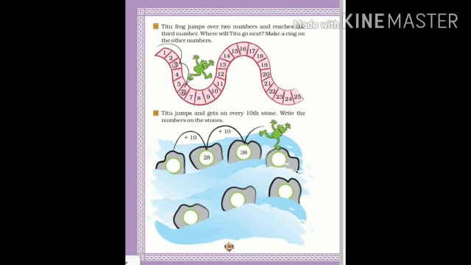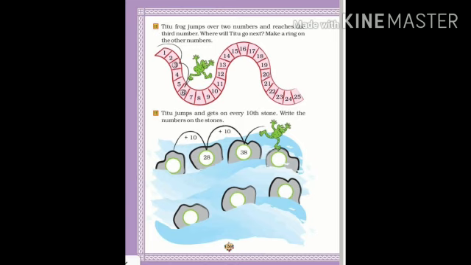So you have to ring 9, means put a circle around 9. Next, which number will he jump to? Yes, 10 and 11: he will jump and land on 12. So 12 you have to ring. In this way you have to complete this question. Wherever T2 frog jumps and lands, you have to circle that number.